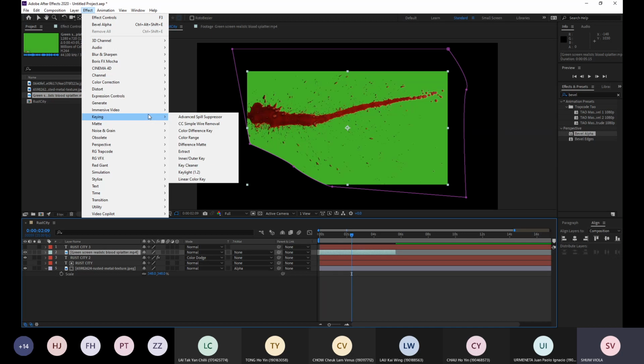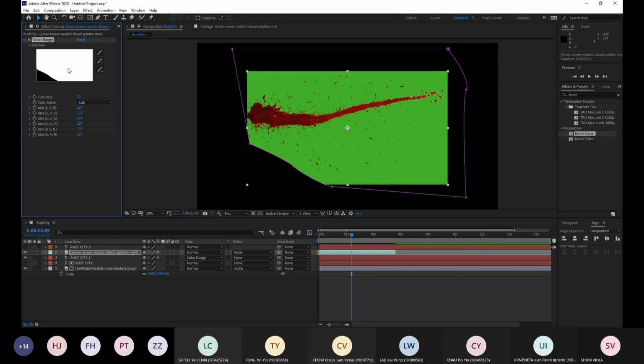Keying here. Keying and using the color range. 係啦，跟住我就 select 住呢一條 video 啦，然之後去 effects，跟住 keying color range，好啦，跟住你應該會見到咧有個咁樣嘅，呢個 preview 嚟嘅。咁我哋揀第一個